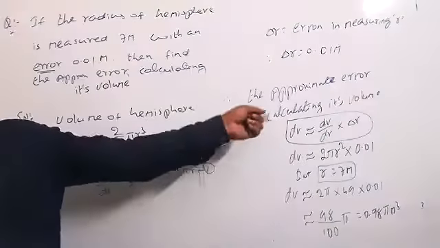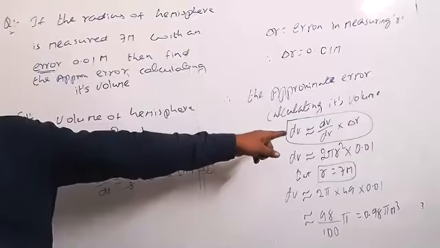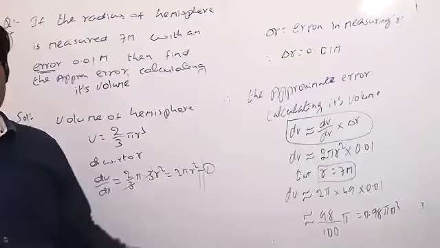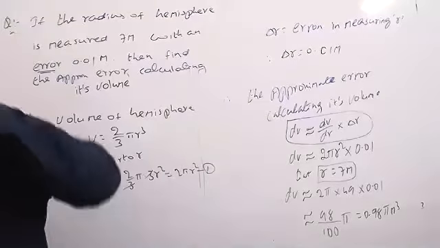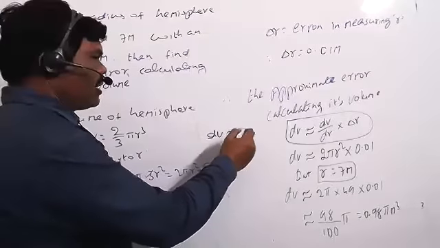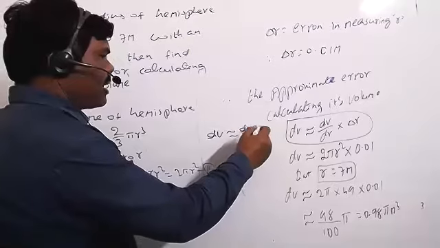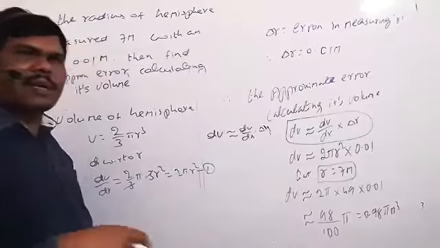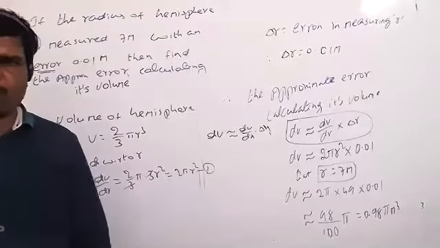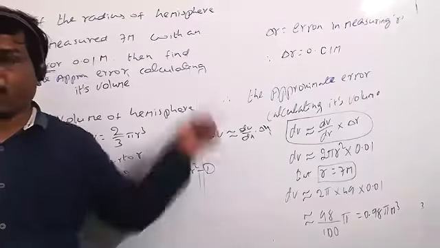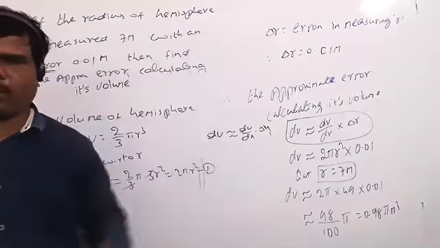If taken with respect to radius, then approximate the error in the volume. This is the formula. The same for the error in the volume of the cube. There also you can take dv by dx into delta x. Understood? Same formula only, but generally we are coming to the cube and cuboid. The side will generally be taken as x. That time we have to differentiate with respect to x.